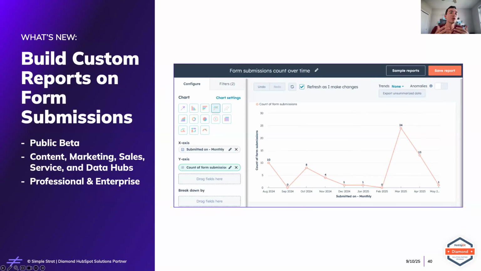So we can now build custom reports on form submissions. If you know, you know. If you've ever tried to build a custom report to see form submission data, it just hasn't been there. It's been a huge gap in HubSpot for a long time. Now, if you have the ability to build custom reports, so Professional or Enterprise, you can use form submissions as a